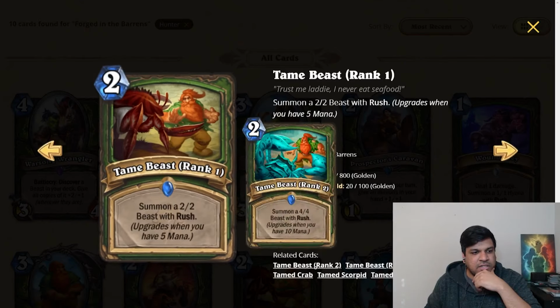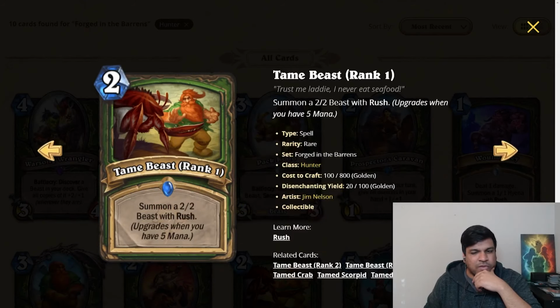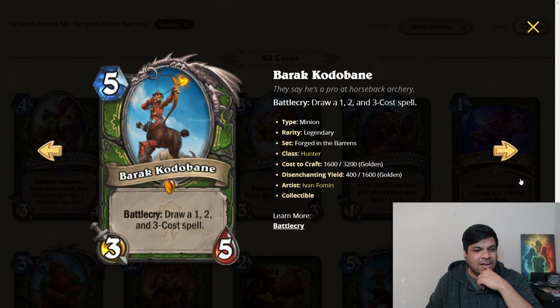They're technically different cards, right? Because the art's different, and technically the name's different. So I don't even know if you want this in Reno Hunter with Zul'jin. And then Barrick Kodobane. This is the card that I'm probably the most excited for in Hunter, because